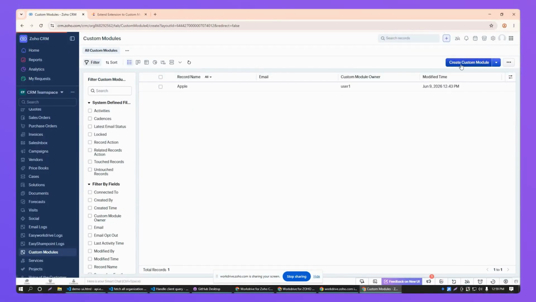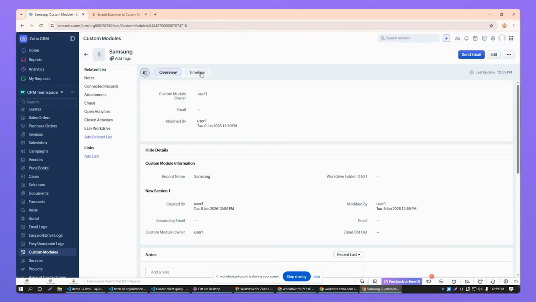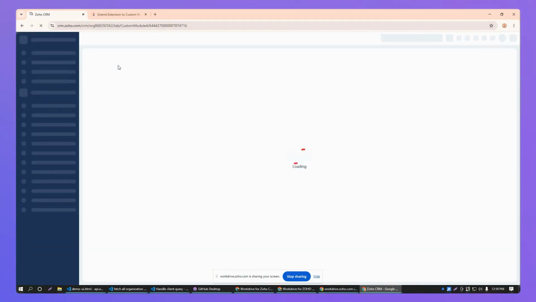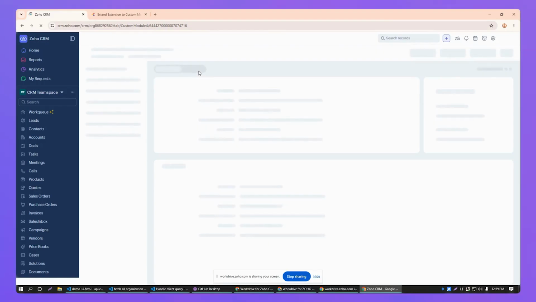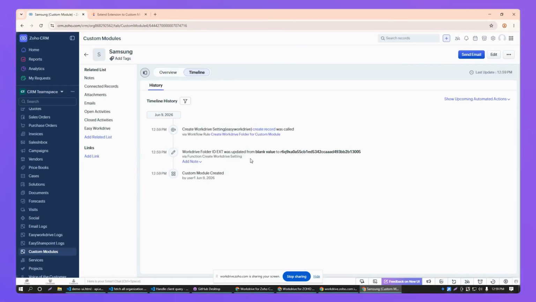This is a custom module, as you can see. Now, if I create a record, let's say Samsung, and save it, the workflow will run. Let me refresh it. Now you can see that the workflow has run, created the folder for this record, and linked the folder ID